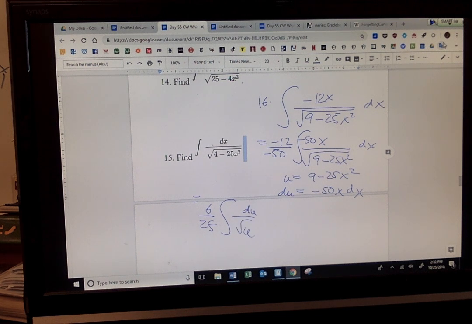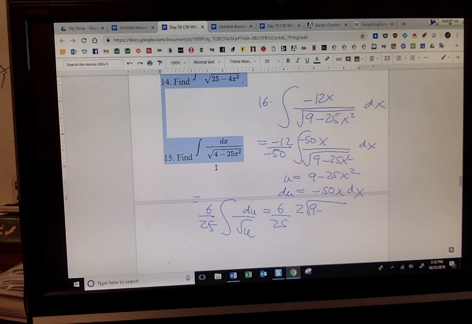I'm going to use Marshall's rule. Who remembers the formula for the integral of 1 over radical u? 2 radical u. And what is u after all? Oh my God, Ashley, 2 goes into 6 three times, 2 goes into 25 twelve and a half times. Is everybody okay there? All right. 9 minus 25x squared is actually 12, correct? 6 times 2. And we are done. All right, thank you.